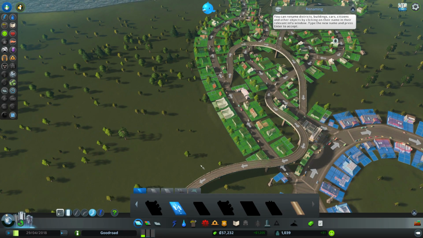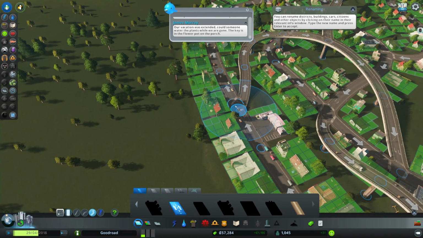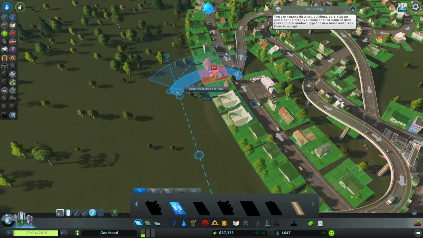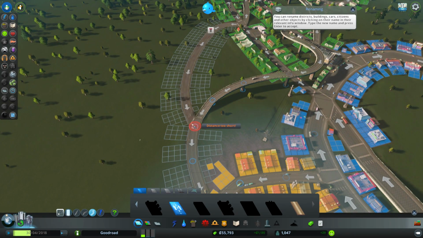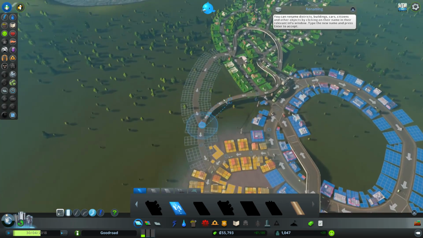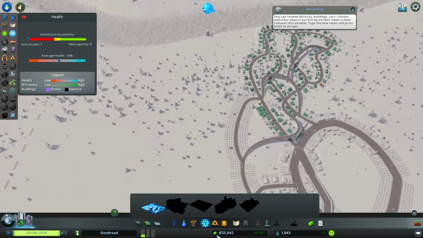What we're going to do is we're now going to build a road coming off here that the fire brigade will be able to use. So it's just going to destroy one house. And then what we're going to do is link up the fire station to... You see, now when we look at fire coverage, we should have just significantly...